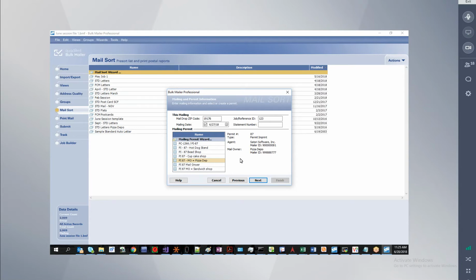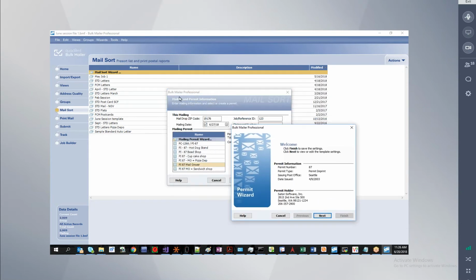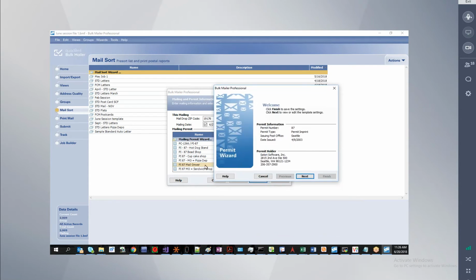So here's where you need to pay attention to the differences. We'll start with what we call a mail owner template, and I'm going to go ahead and double click on this, and it's going to open it up. So you can see we're a wizard within a wizard. We're in the mail sort wizard, and now we're down here, and I've done something that you normally wouldn't have to do, and that is to open up the permit wizard to take a look at these settings in the permit. Again, normally you just select it and move on, but for our demonstration here today,